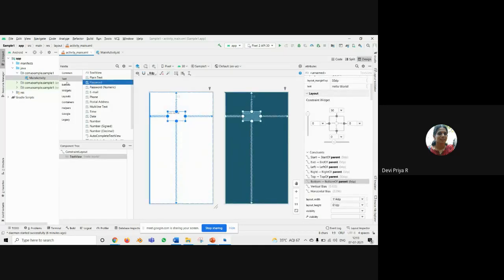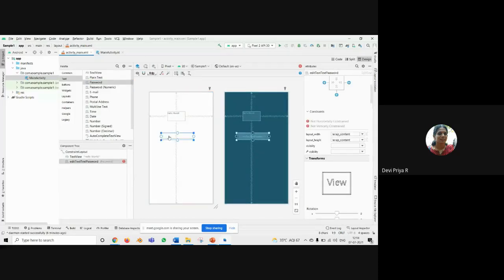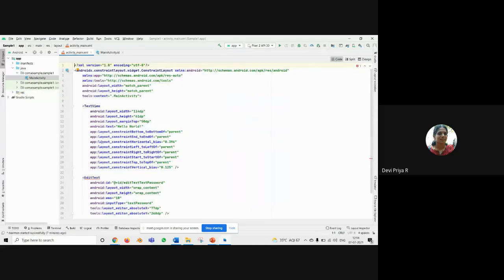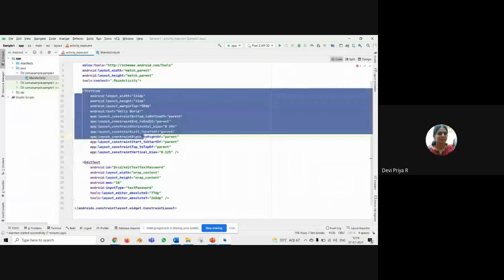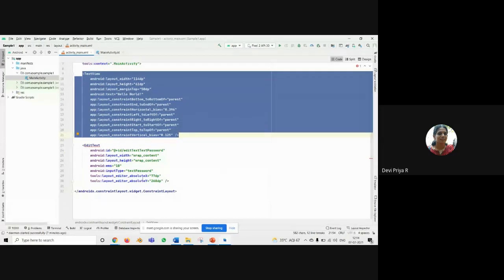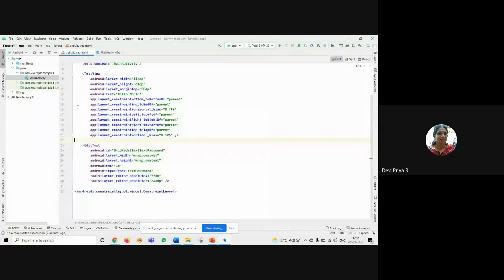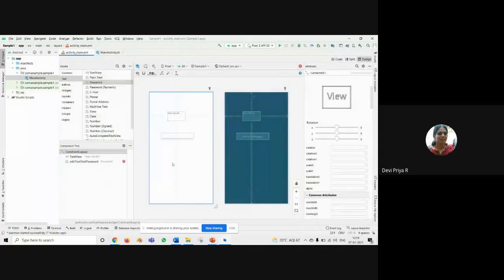And if you are choosing this, either you have to choose this and drag and drop the button, or you can just press the button and click enter. You can do it in any way. Or if you want to create it in code also, you can. When I have added this text button, automatically this text view is being added, right? So edit view, all these things are added. If you want to create your button here also, you can write the code. This is also another way.